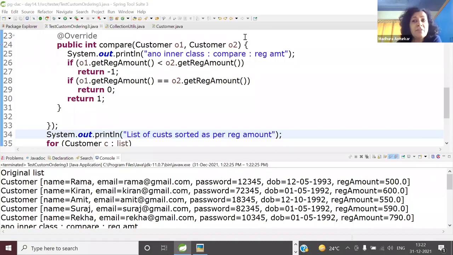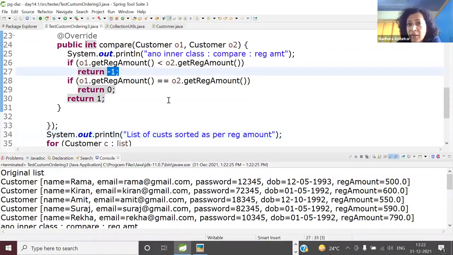-1. Abhishek, we have talked about it so many times. When you return -1, a negative number, when the sorting criteria, first one, have I done it wrongly? O1's registration amount, if it is less than O2's registration amount, you don't want to shuffle. So that is -1. If they are the same, return 0, so there won't be shuffling again.